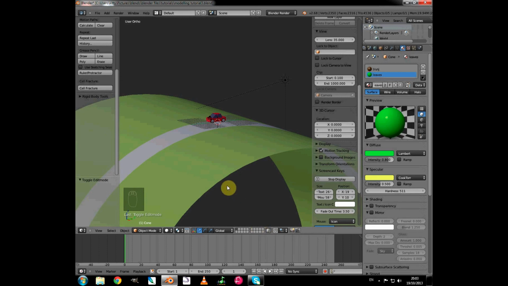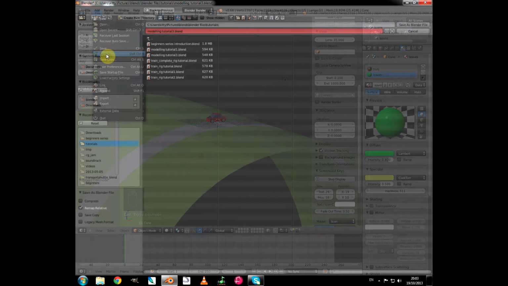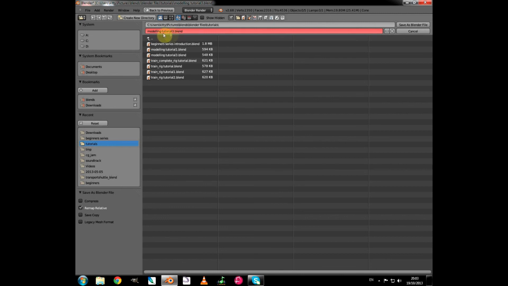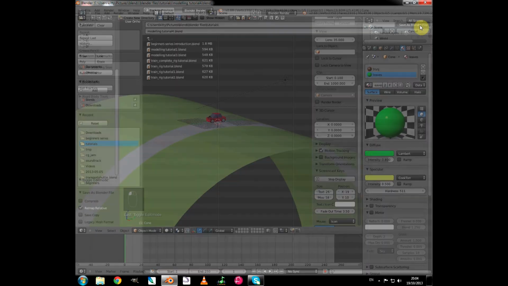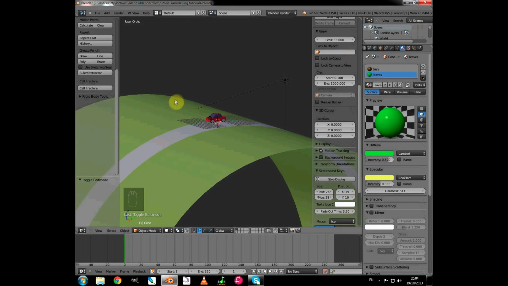So until then, let's save our work, file, save as, and because this is the same blend, and I put the number 3 at the end because last time was the third lesson, if I click on this plus icon, that little 3 jumps to a 4 and it'll create a new blend, or you can just simply rename it entirely, it's up to you. And save as Blender file, and we are ready for the next lesson,